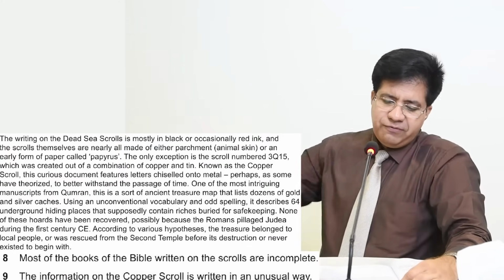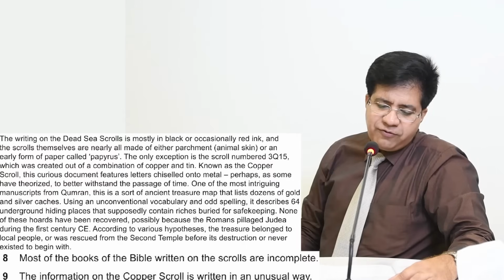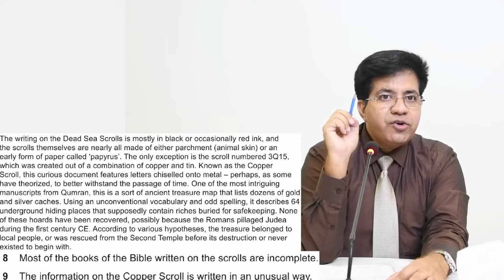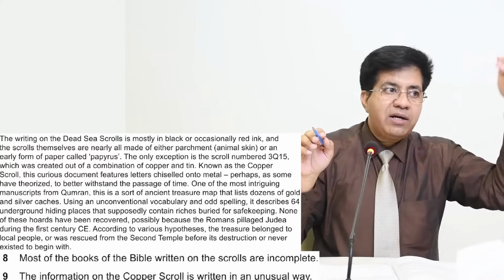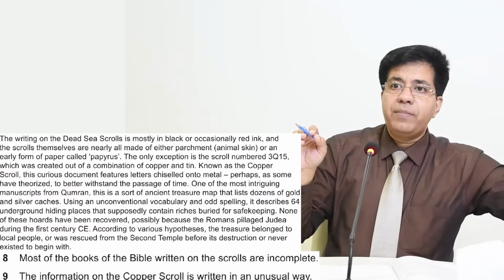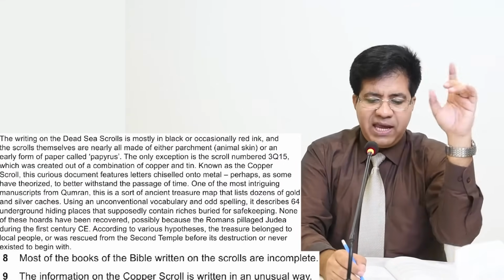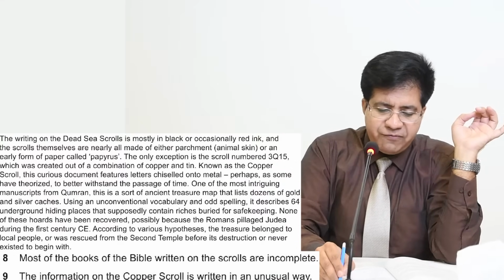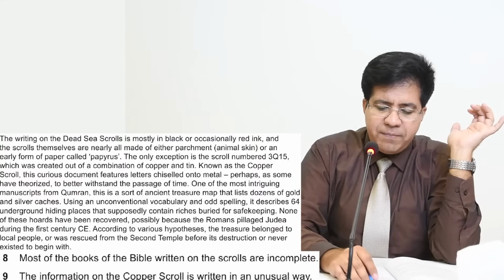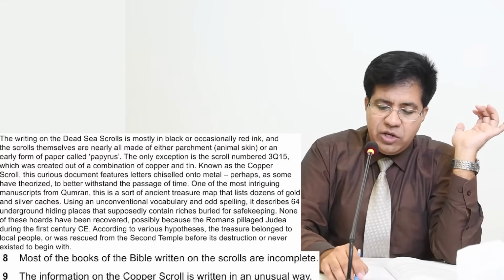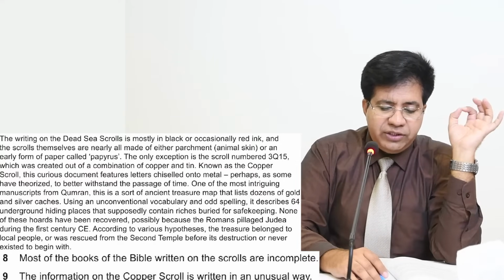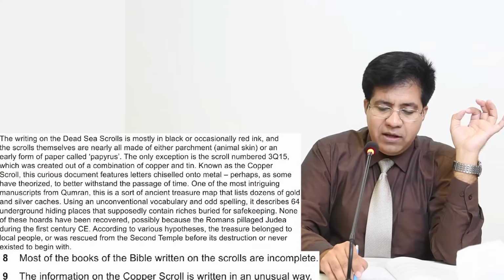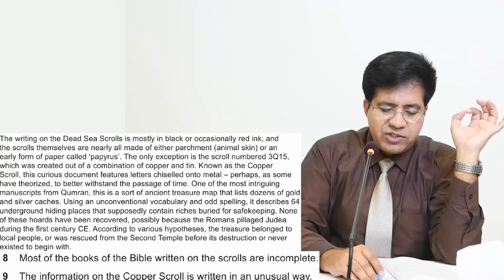Yes, second page, first paragraph, and let's read it from the third line. Listen, make it a rule. Whenever you find the word, don't read from the word onwards. Come back and start the sentence where there is the last full stop. Read it from there. So I'm reading it, second page, first paragraph, third line. The only exception is the scroll numbered 3Q15, which was created out of a combination of copper and tin, known as the copper scroll. This curious document features letters chiseled on metal, perhaps as some have theorized to better withstand